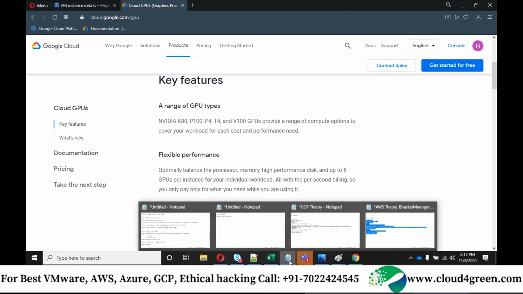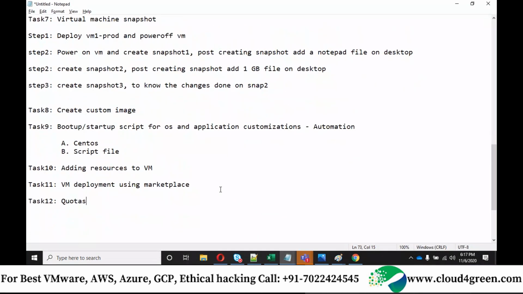Is there any hard stop for these VMs? We hosted a website on a web server. How long will it be like that? Do we have to turn it off manually? It will continue to run as long as you don't make any changes to the power. The GCP site won't go down. You have that SLA, right? Yes, sir, 99.99%. If there is any impact to the GCP SLA, then it may go down. Other than that, it continues to run.